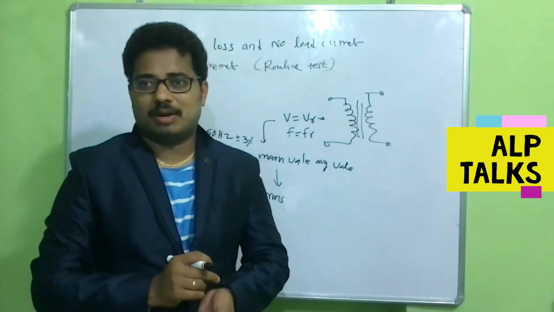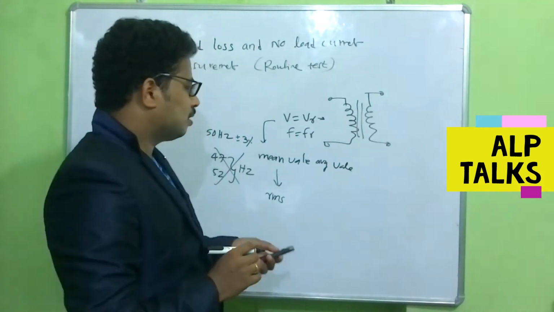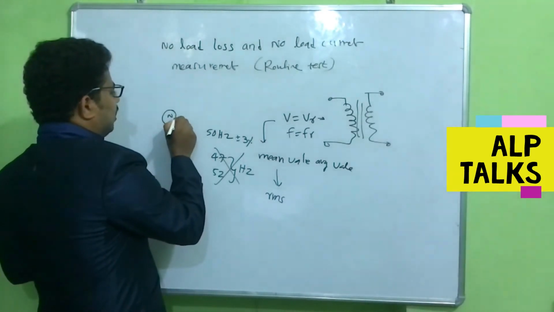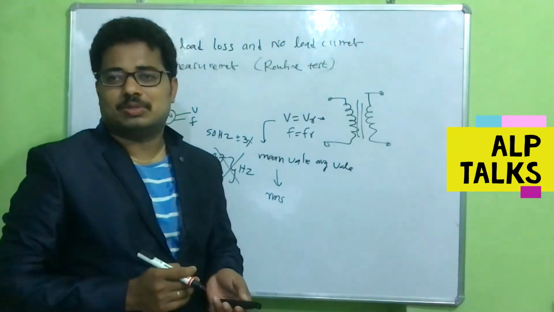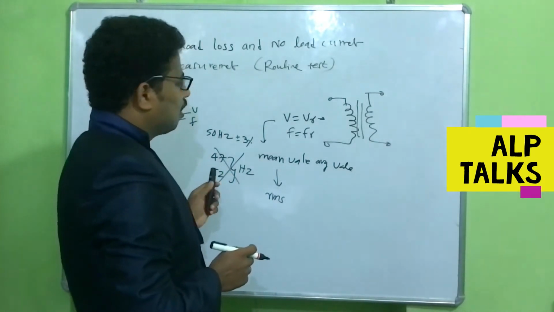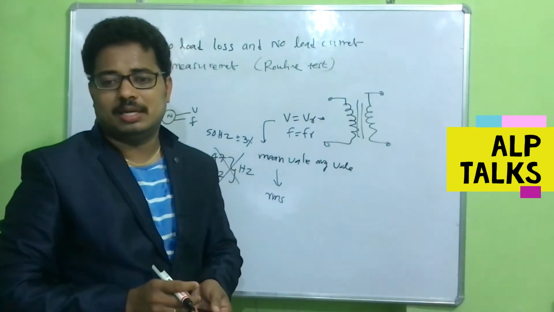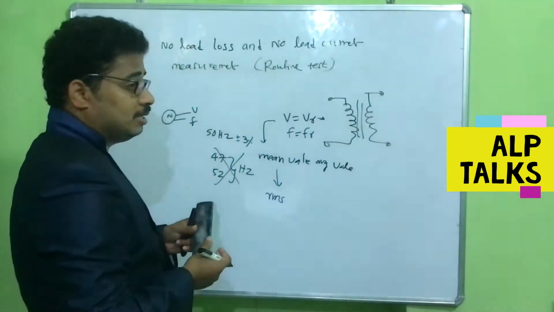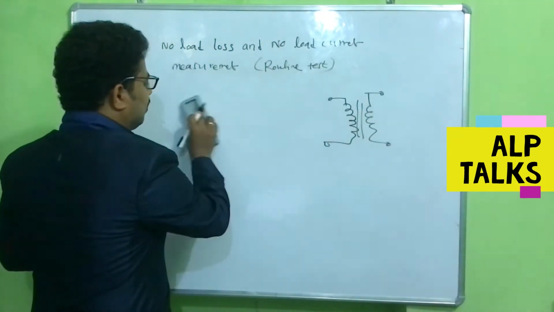So in no load loss and no load current, the supply voltage and supply frequency play a major role. That is the reason most of the companies have their own voltage and frequency generation. They get the desired frequency and desired voltage, so that they don't depend on the grid. Small companies generally use the available grid voltage only, but these things have to be taken care of. So what happens when there is a voltage change? How will we perform the tests? Let's discuss in a little more detail.